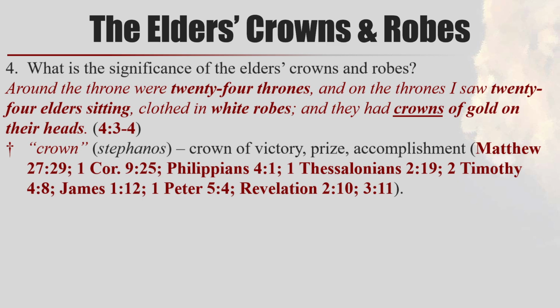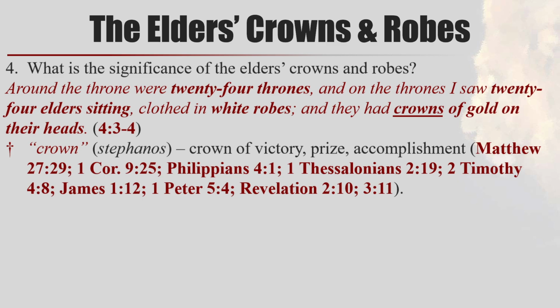So think like the Olympics, right? The garland thing that's set on their head. That's the idea. They've won some prize. They've had some great accomplishment. Maybe they've won a battle. But the idea is victory as a general rule. Matthew 27:29, that's actually an ironic exception. The crown of thorns that's pressed into Jesus' head is Stephanos. But other places throughout scriptures, and again, I'm leaving this for you to look at later, but Paul's going to talk about brethren being his crown, his joy.